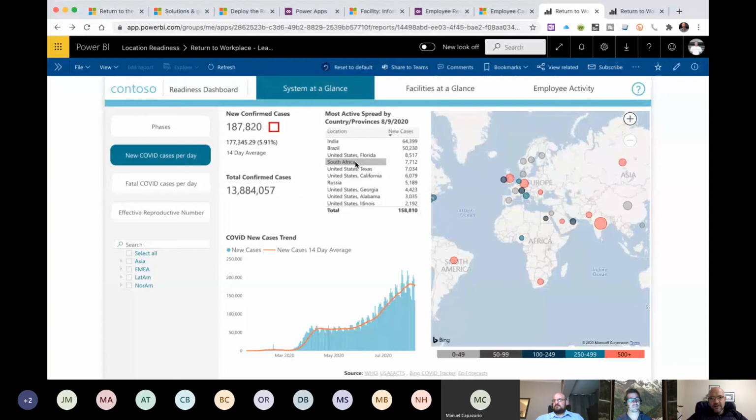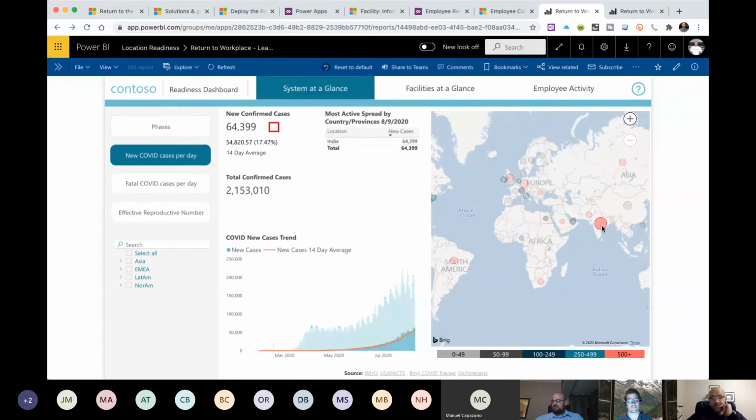So I see South Africa is now fifth, right? On this list, although, okay, this is by location, so this isn't grouped by country. So it sees South Africa as one location, so that's why. But I think, yeah, we're fifth on the list at the moment. And then all of these are color-coded, so it's very, very nice interactive reports. I can see there's a lot of work that went into this.